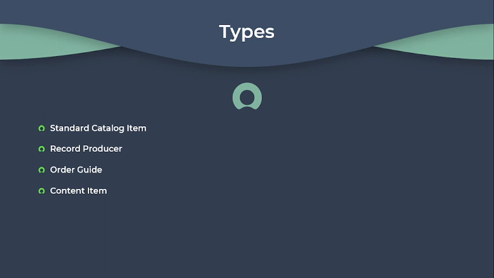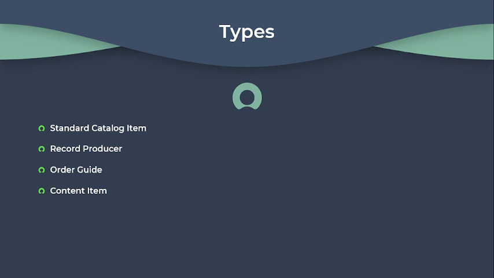Catalog items can include user guides, FAQs, policy documents, and training materials, etc. Then order guide. An order guide is a collection of related catalog items grouped together to streamline the request process for complex or multi-step services. It allows users to select multiple items in a single request, guiding them through a series of steps or options to configure their request. For example, an IT service order guide for employee onboarding might include catalog items for provisioning a new user account, assigning hardware, software, setting up email accounts, and scheduling training sessions.